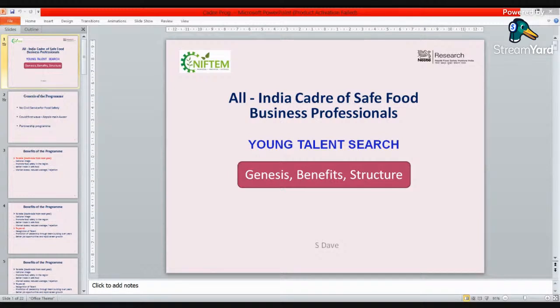There is civil service in India. You've heard of that. Administrative service, foreign service, revenue service, police service. We don't have a service for food products, for food safety. Rightly so, because they don't create posts every year. They create posts once in 5 years, 6 years, and that too for junior level people, induction level.